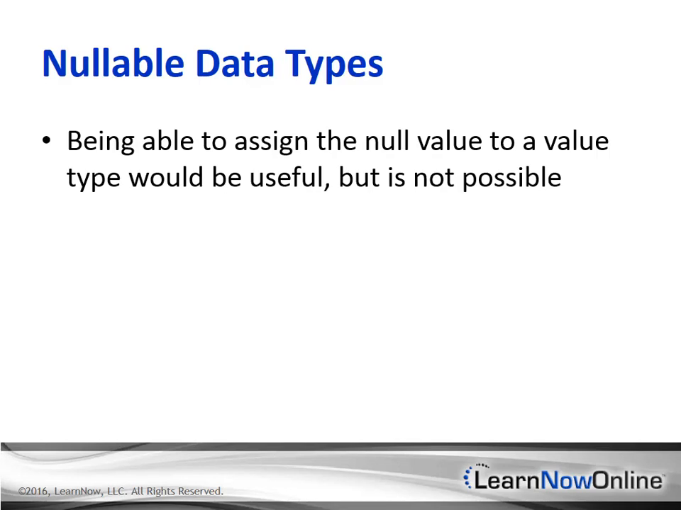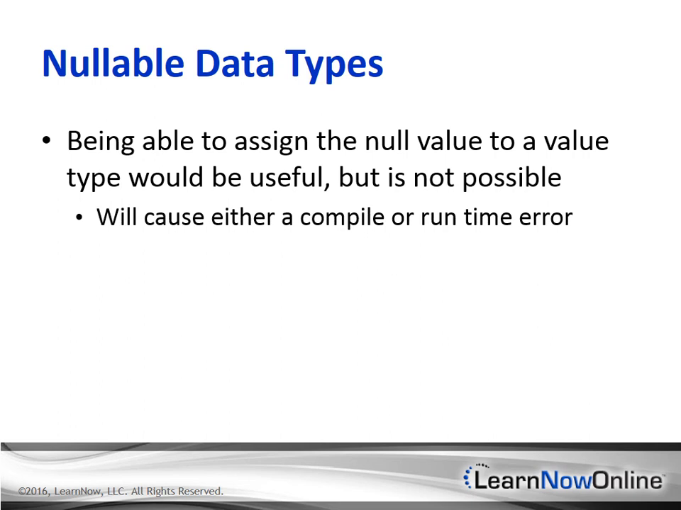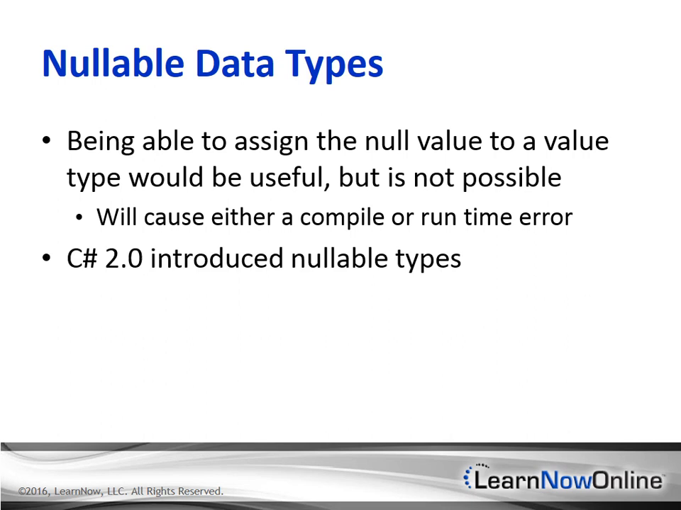Being able to assign the null value to invoice count as an integer would be useful, but it's not possible. It's a value type. If the compiler can catch the problem, it'll complain. Otherwise, you'll get a runtime exception. For this reason, C# version 2.0, way back in 2.0, introduced nullable types, which use the nullable modifier, a question